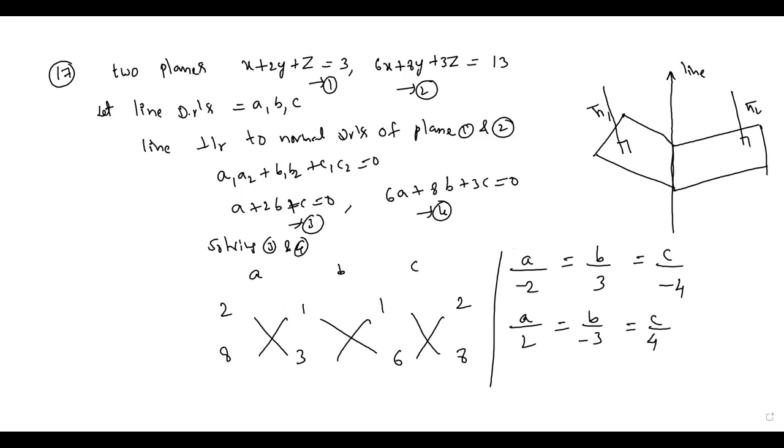Now these A, B, C are the DRs. We don't know exactly which option satisfies, but by verification we can identify. See now, option C: exactly those three are proportional to these DRs. If you take option C, the denominator is the direction ratios, 2, minus 3, 4. That's why option C is the correct one.